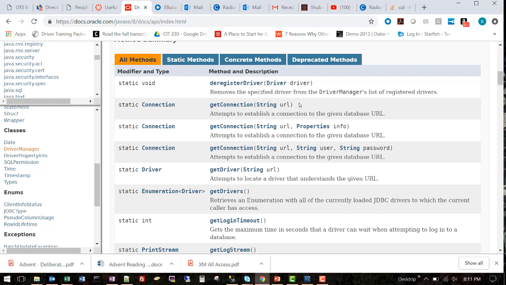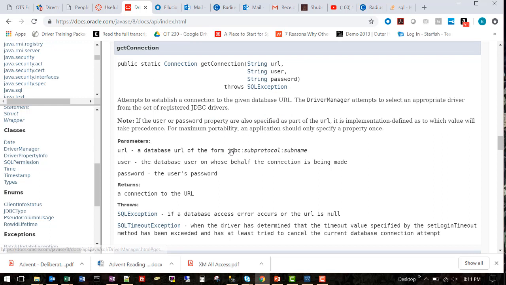Or perhaps it's a database set up with no username or password, something like that. And you'll notice it says it's attempting it because, as I've said before, there are some things that can get in our way and cause problems with